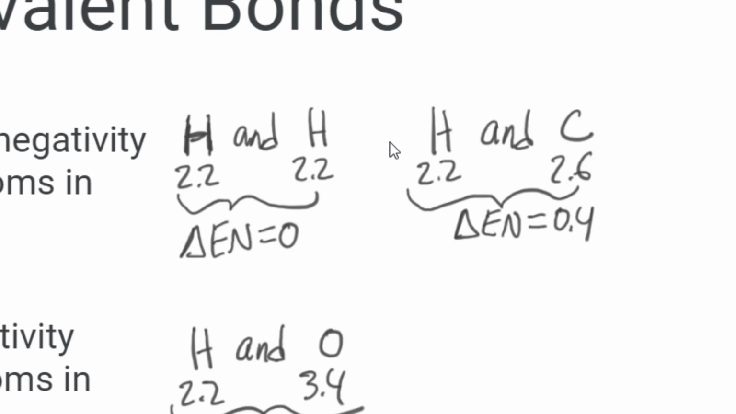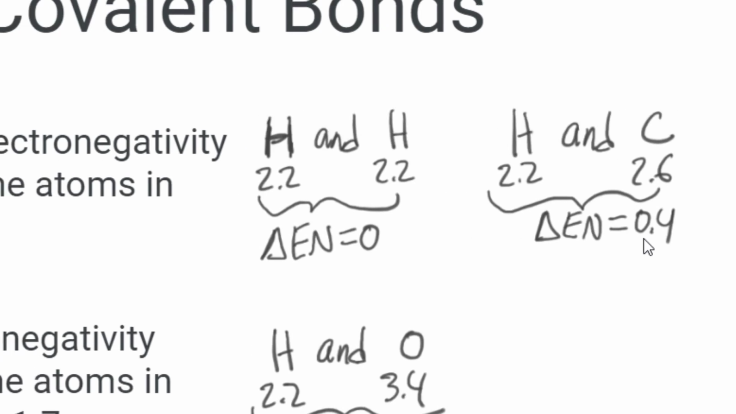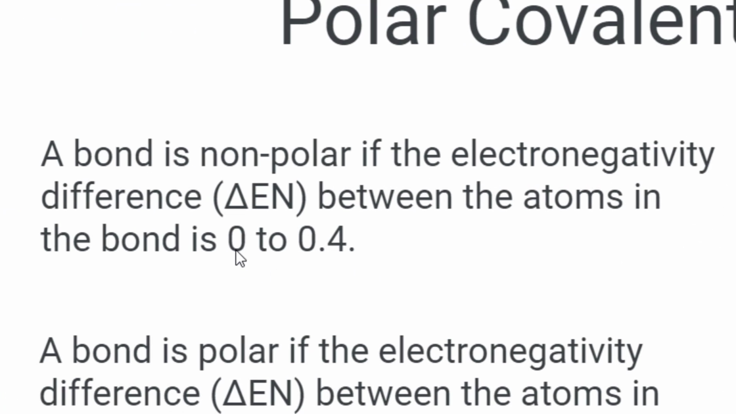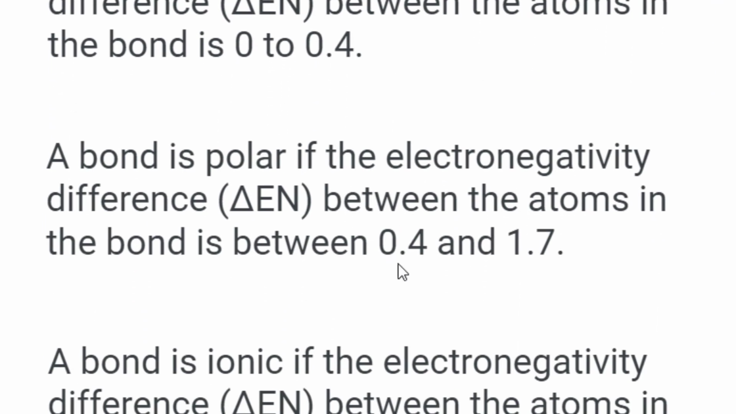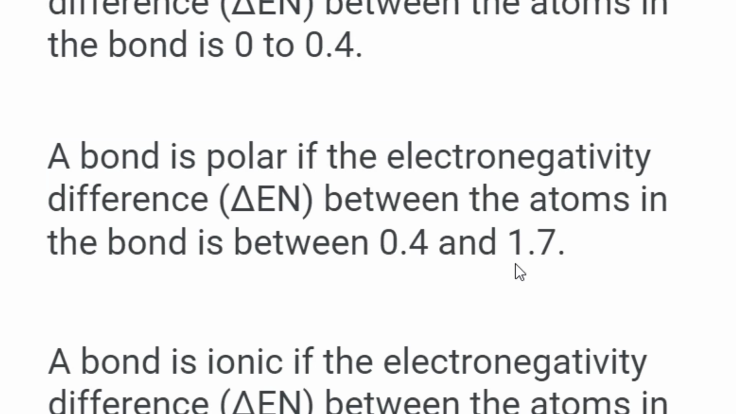And likewise, if hydrogen and carbon were to bond together, their electronegativity difference is 0.4. And that's also a non-polar bond. And you can see it goes from 0 to 0.4. That includes 0.4. If the electronegativity difference is between 0.4 and 1.7, then this is going to be a polar